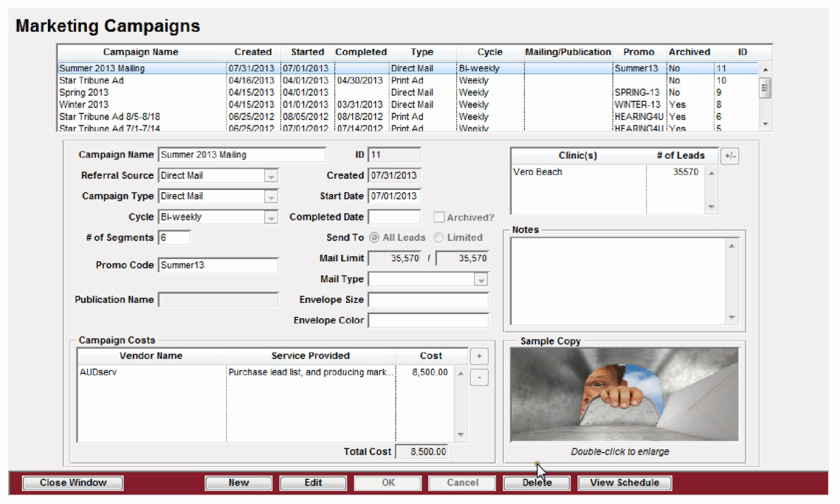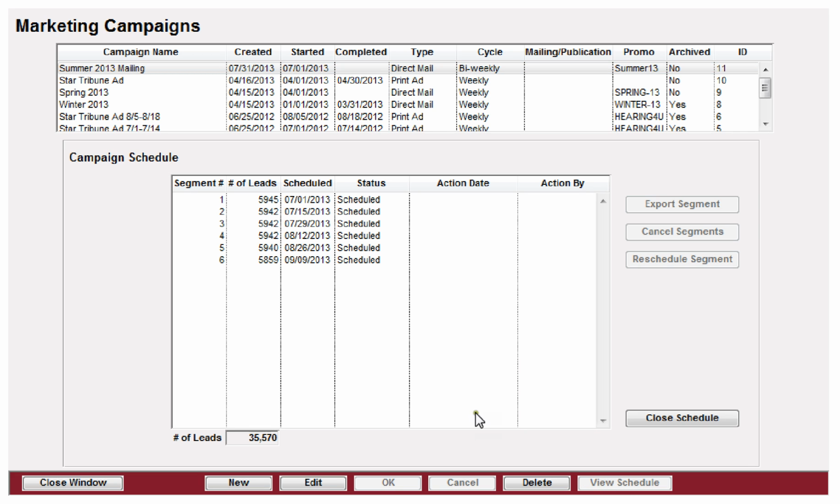Okay, so we have our marketing campaign saved, and so let's go ahead and take a look at our schedule now. And so what happened when we were saving the marketing campaign with our 6 different segments is basically it has taken that 35,000 leads and broken it up into 6 different segments. And so on July 1st, what this is saying is we're scheduled to hit the first segment, and we're going to hit